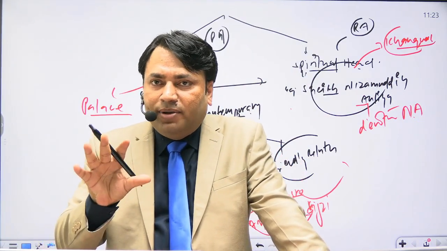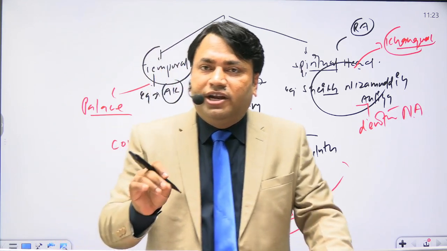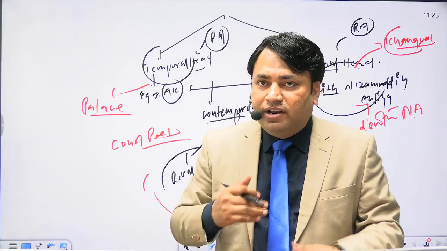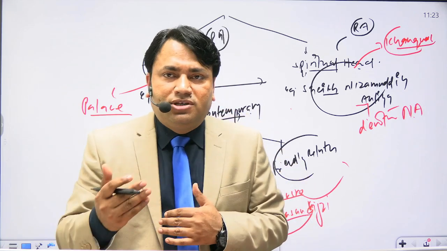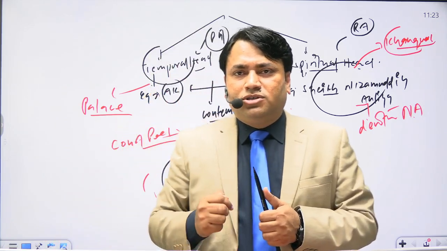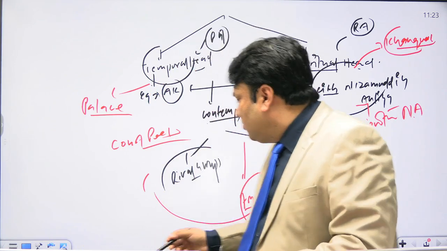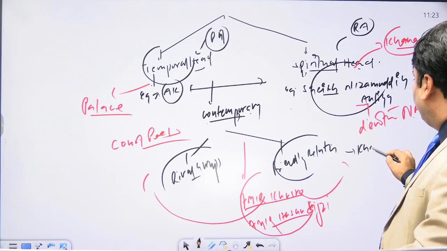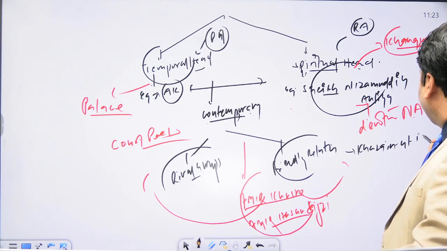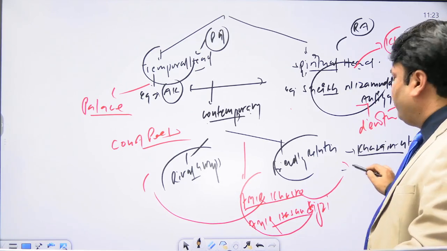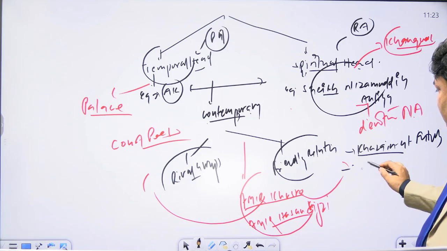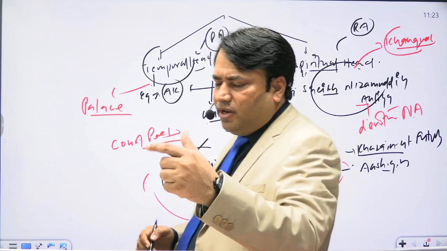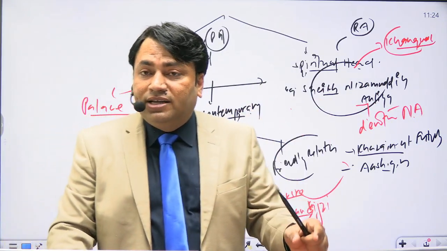Now they were well familiar with the day-to-day administration during the Alauddin Khilji times. So obviously, when Amir Khushro wrote books, he wrote two popular ones. The name of one book is Khazainul Futuh. He also wrote Ashiqa, also called Ishqia. So Amir Khushro wrote Khazainul Futuh and Ashiqa or Ishqia.